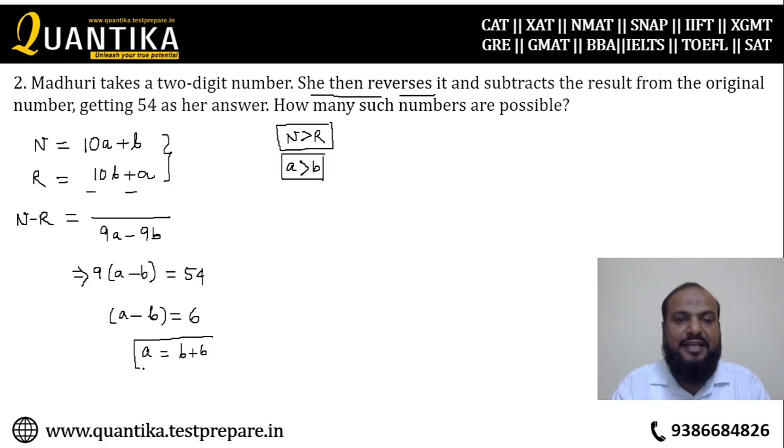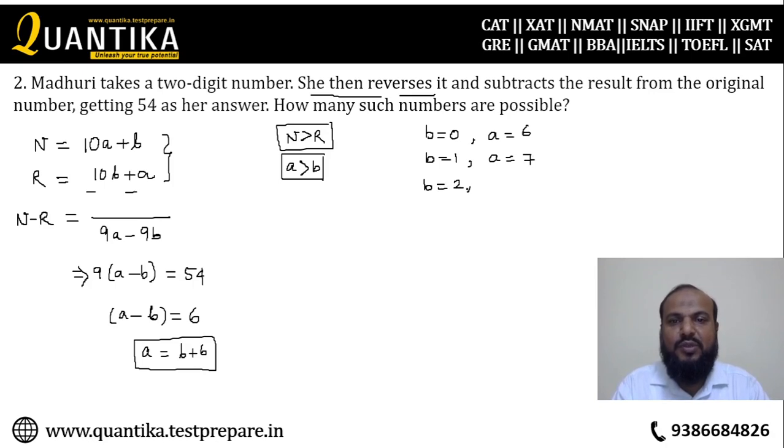Remember that a is a tens digit and b is a unit digit. The unit digit can be 0. So b is equal to 0 at that time, and a will be equal to 6. If I take b is equal to 1, a will be equal to 7. If I take b is equal to 2, a is equal to 8, b is equal to 3, a is equal to